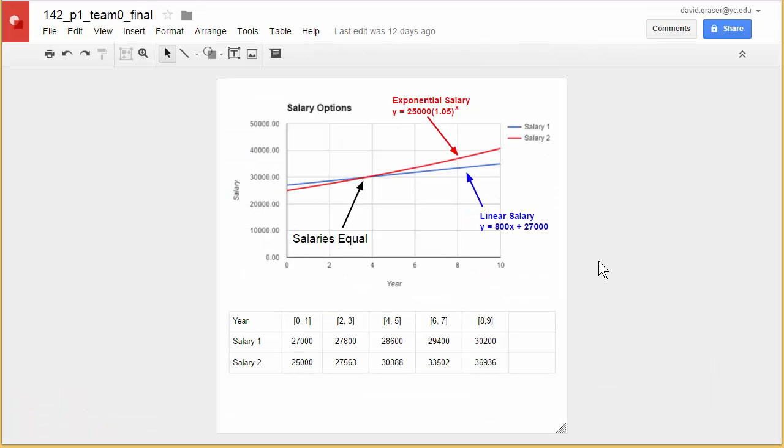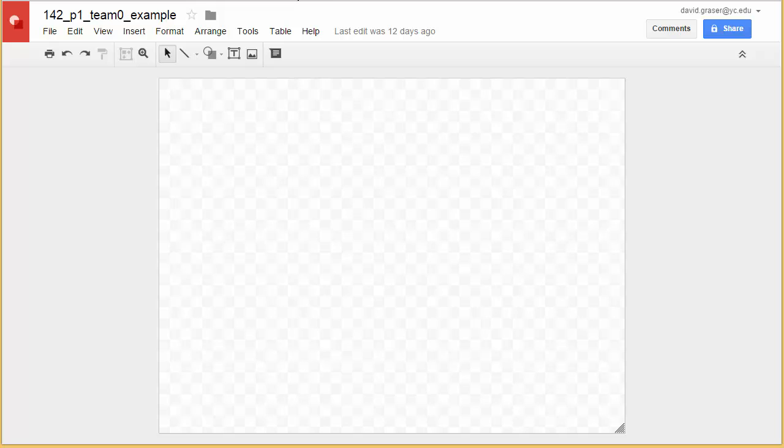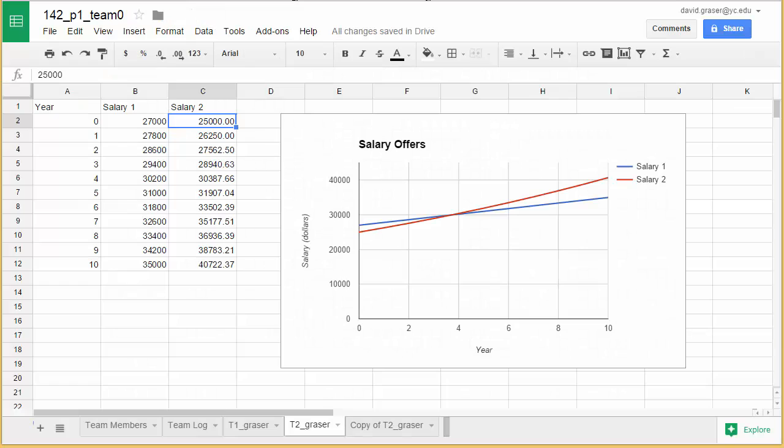And this is the one that I've done, already put in a lot of stuff. This is what I'm going to show you how to do right now. But the first thing I need to do is I need to get that graph on the back. So it's going to start out like this, as a totally blank drawing. And I need to be able to see this so I can go back and forth between the drawing and